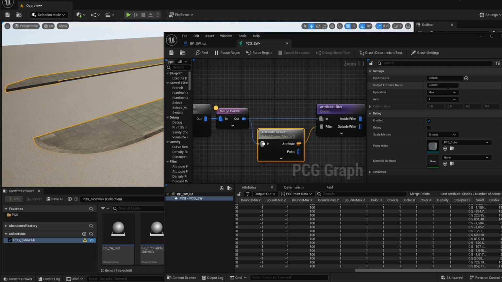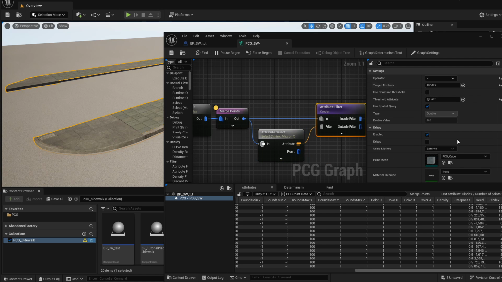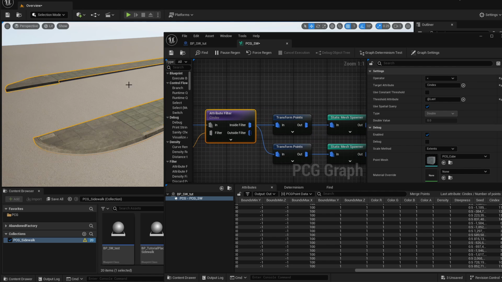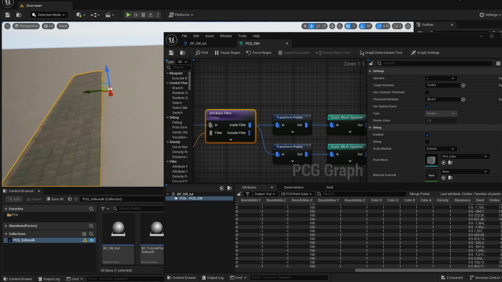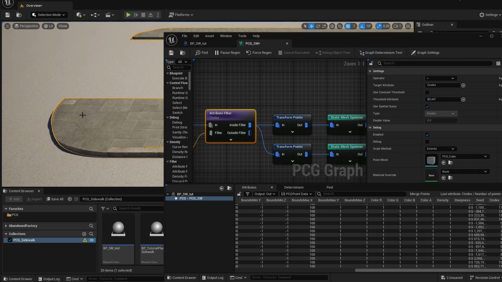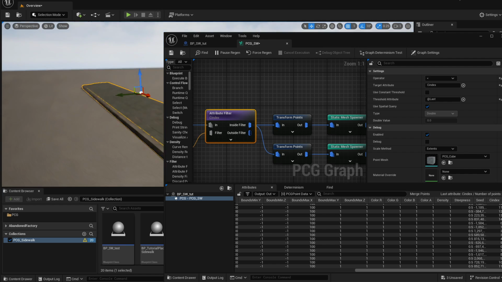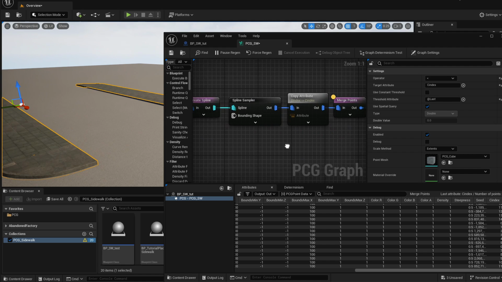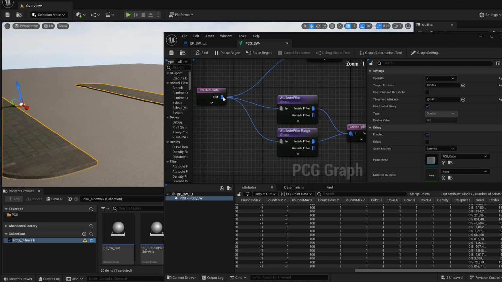We are selecting the maximum number, so the 14, and we are filtering based on this number only the points before the last one for both of the splines. So now we don't have this overlapping problem on any of our two sides of this sidewalk. So let's continue with the next